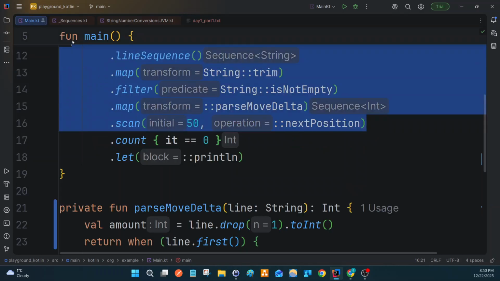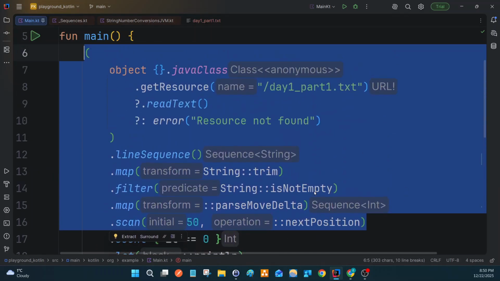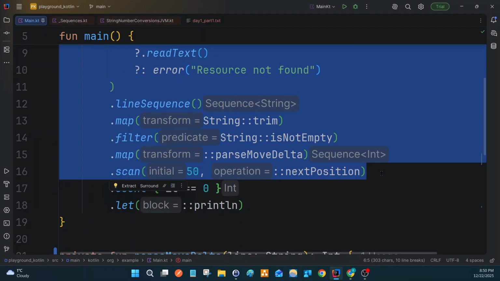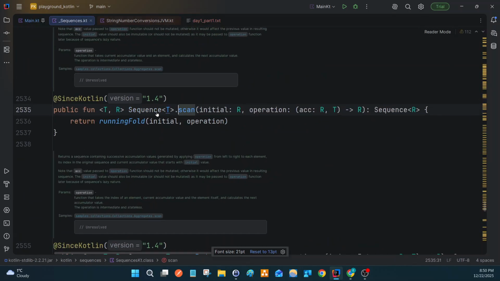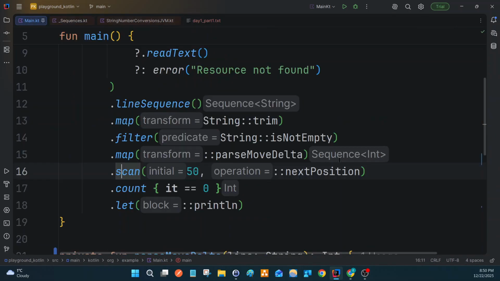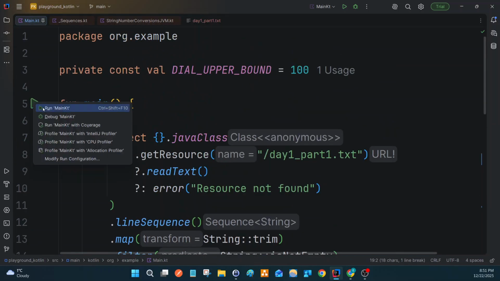And when we compute this, the expression returns a list or something like that. I do not really know exactly. Okay, it returns a sequence of elements. Here somehow IntelliJ does not specify that this is the sequence returned. But we have here a sequence of elements, and then we count how many of them are 0 and then just print line. So when I run this,